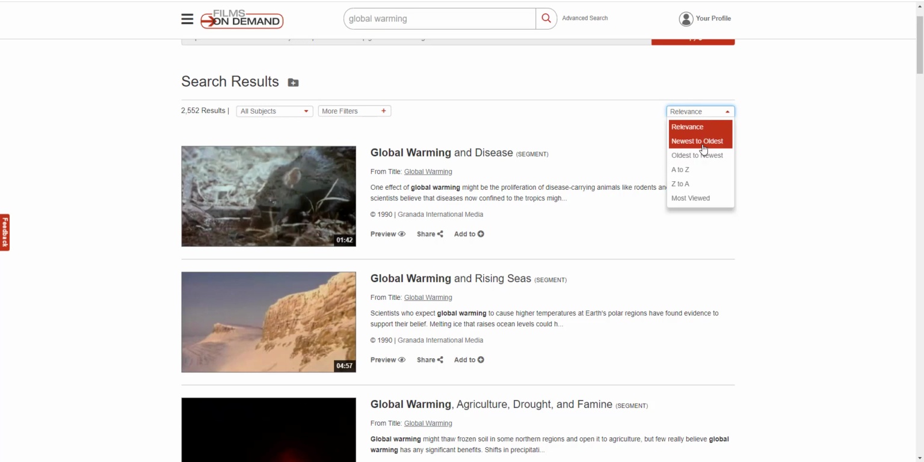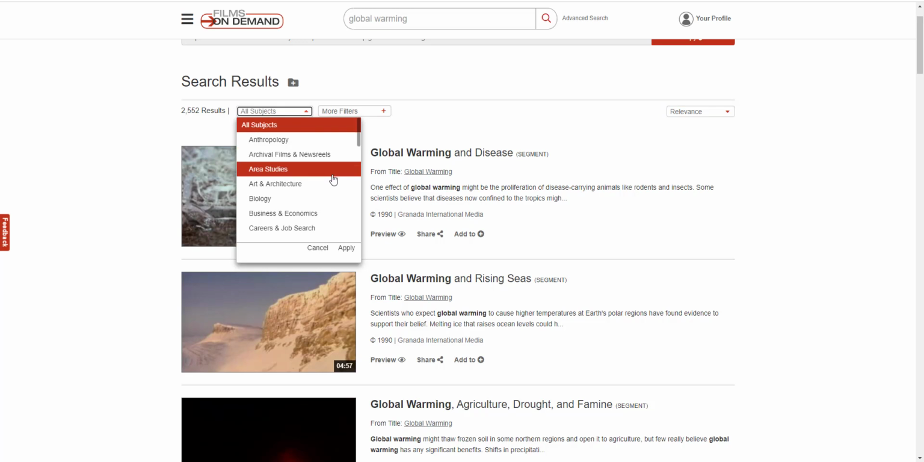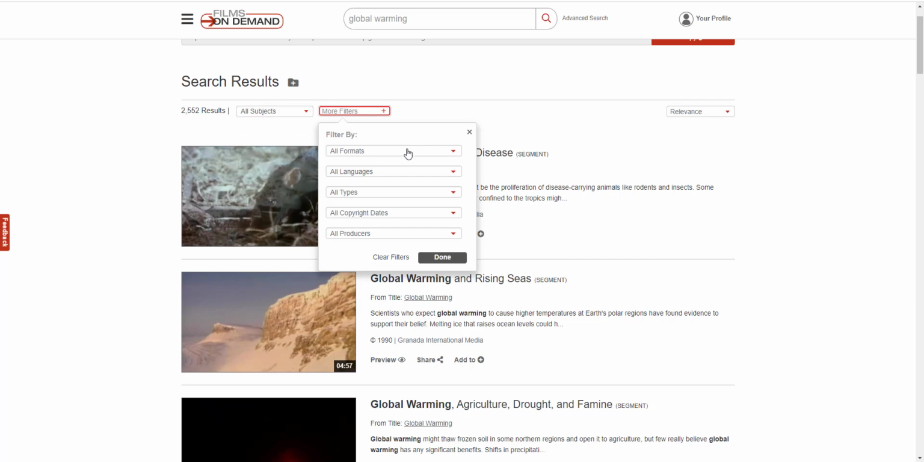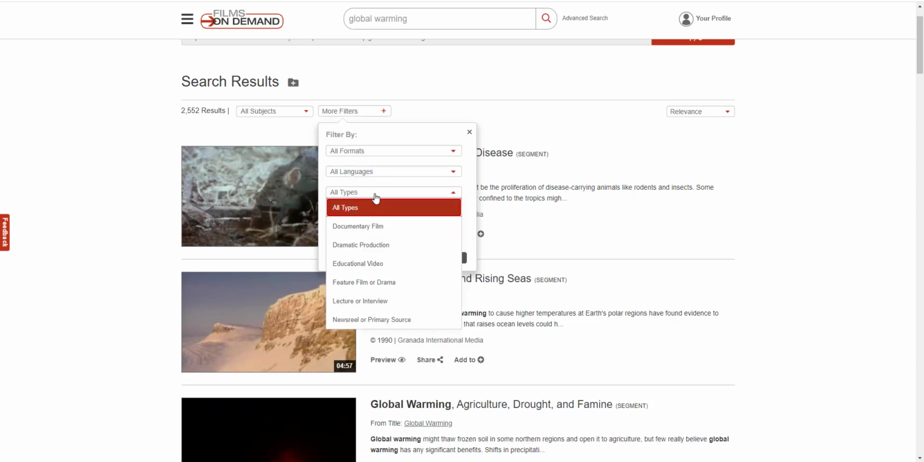You can sort it by the age of the video, newest to oldest. You can sort it alphabetically, or by what's more popular, the segments that have the most views. You can also narrow it down even further by subject areas, or filter it by whether you were looking for a full video on this or just the segments. You can go by language, types of material,